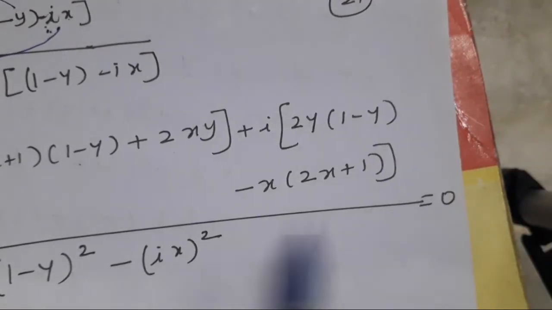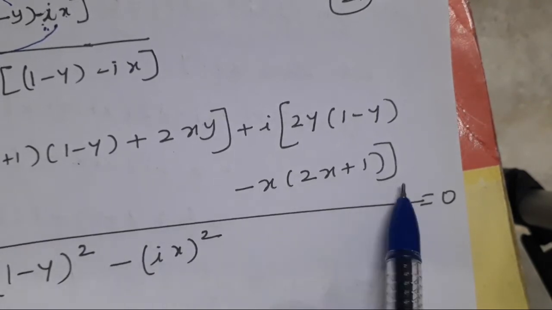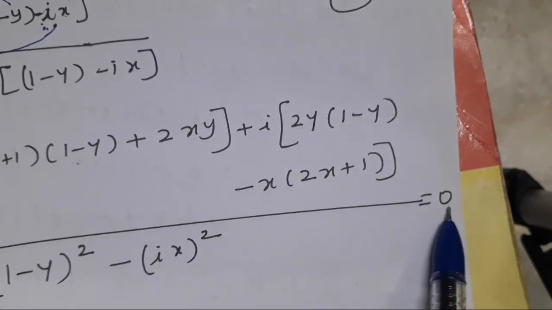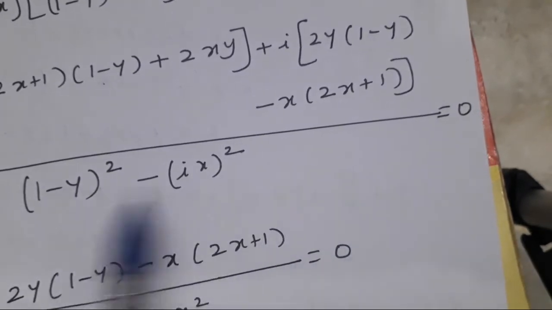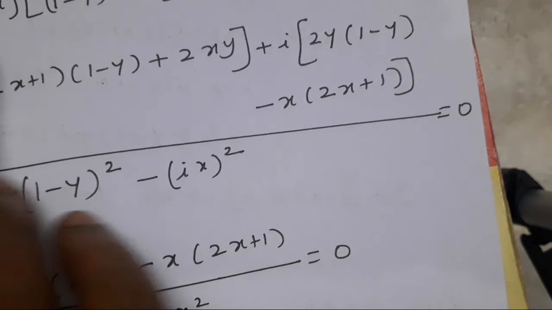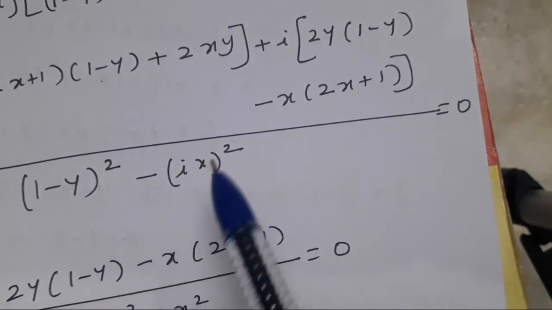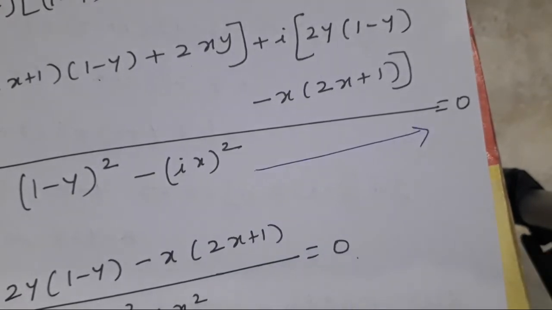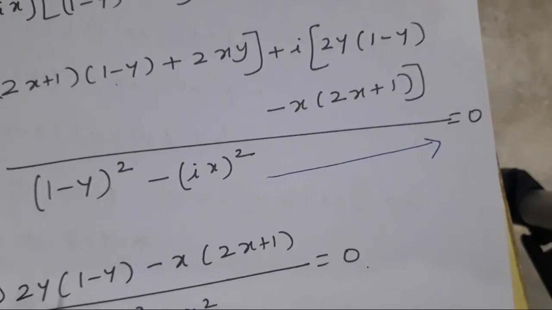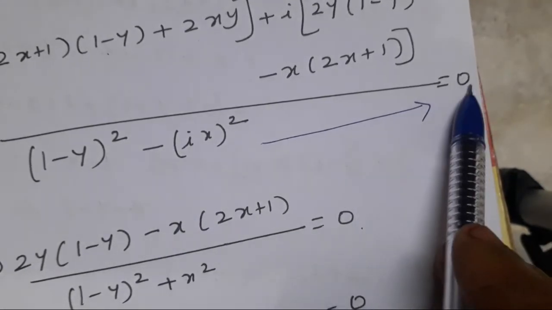So this is given, the question itself is given: the imaginary part of (2z + 1)/(iz + 1) is equal to 0. So after simplification the value becomes 0. The question itself is given, that value becomes 0. So we put 0. Divide numerator and denominator: (a + b)(a − b) is a squared minus b squared. Don't worry about the imaginary denominator, because the denominator is multiplied with 0, the value becomes 0. So if you want to simplify, we will simplify. Otherwise, at this step itself, we multiply and come to the right hand side, it will become 0.